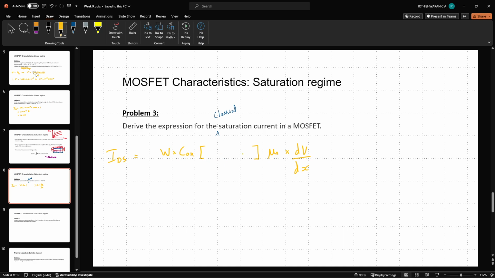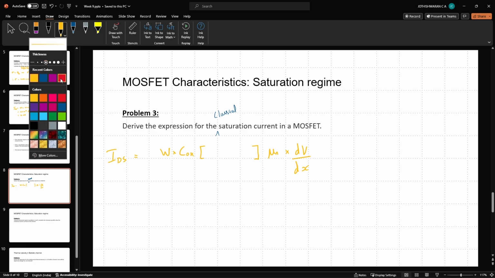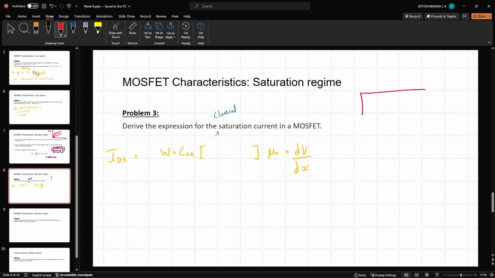Now what goes in here, like what is the voltage term that is going to appear in this expression? Now what we have to remember is when we have a MOSFET, a classical bulk MOSFET,